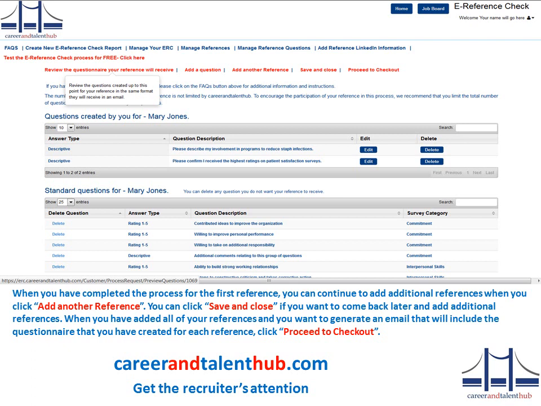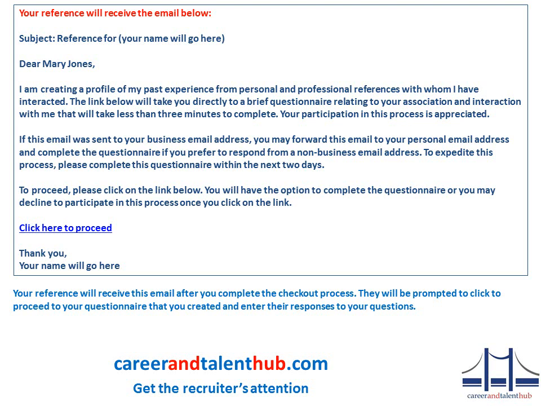Once you have completed the entries for the first reference, you can continue to add additional references. You can create one ERC report for each employer where you've worked, or you can include references from all of your past employments in one ERC report to highlight your experience. This is the email that your reference will receive. Your reference will be prompted to click to proceed to the questionnaire that you created and enter their responses